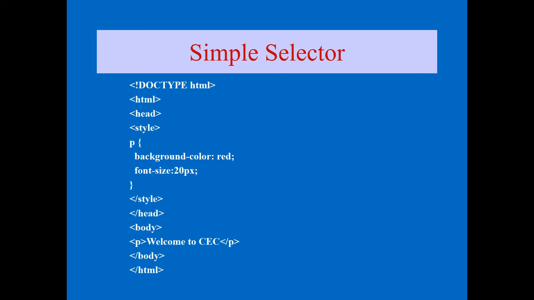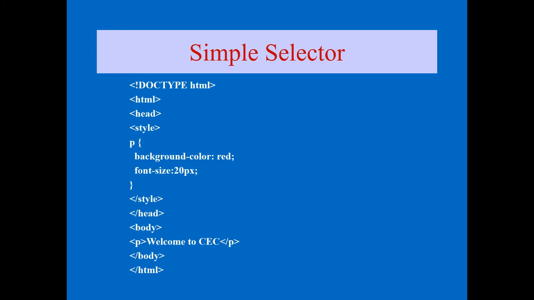This is a very simple example. Same way, after the style tag only we can write. So we wrote paragraph here, and keep in mind that elements are generally in small letters, so it's a small p, and the same p you have to use everywhere. If in the properties you set a capital P and you use a small p in your HTML5 format, then the impact is not there, so keep that in mind. Here both are small. So p, curly bracket, I set two things: one is the font size for the paragraph, that is 20px, and background hyphen color I set to red.